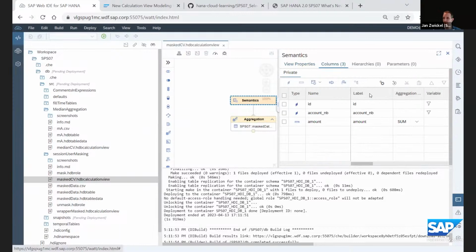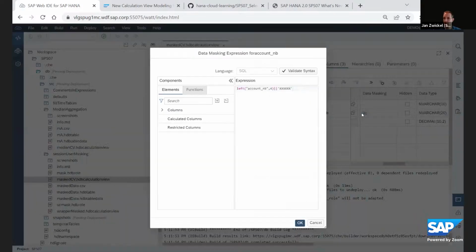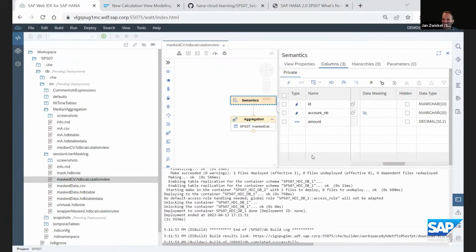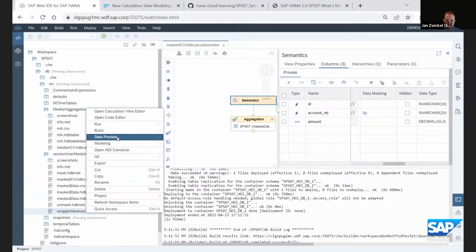It's a very simple definition: if you look here, it's just left of the account number. And I have wrapped this calculation view in another calculation view, the wrapper calculation view, just to demonstrate the difference between the session user and the non-session user. So if I do now a data preview,